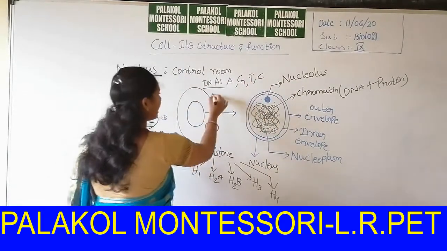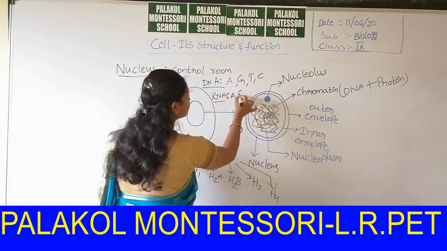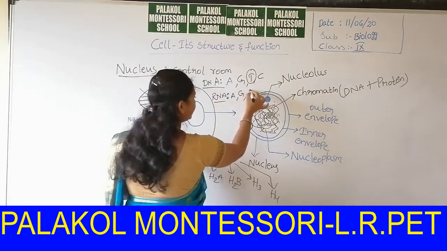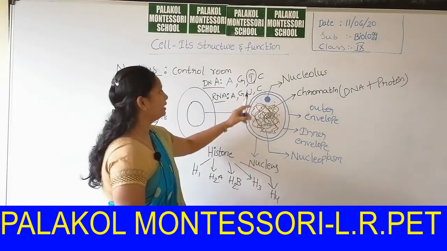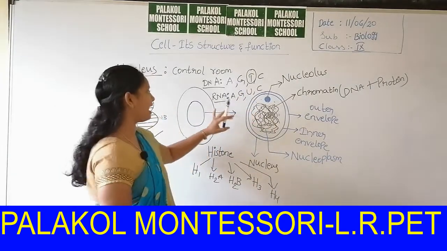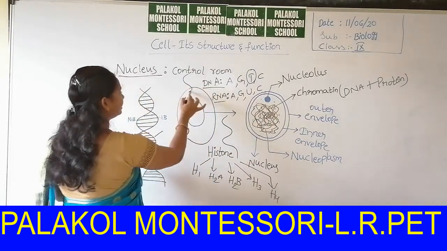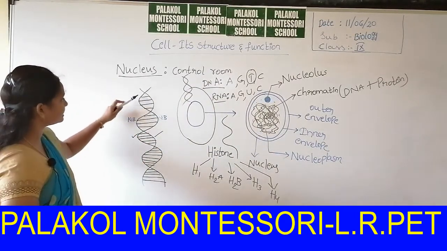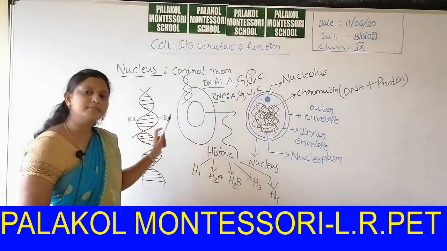But in the case of RNA, adenine is common, guanine is common. But in place of thymine in RNA, uracil is present, cytosine is common. Thymine is replaced by uracil in the case of RNA. But RNA is only single stranded, but DNA has double strands. Okay, this is about nitrogen bases. Nitrogen bases are present at the corner of the strands. In between nitrogen bases, hydrogen bonds will form.